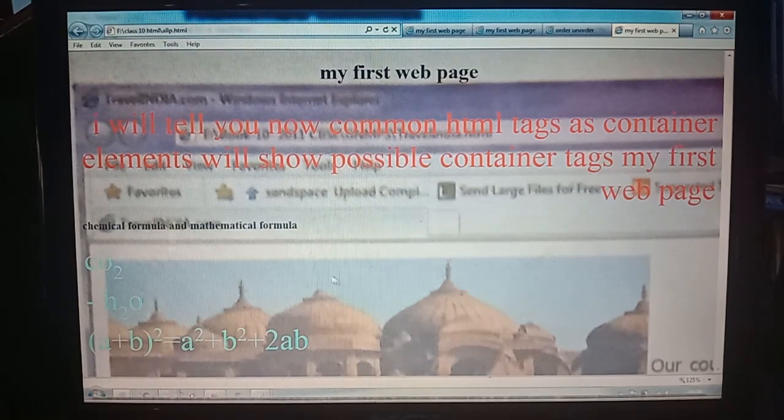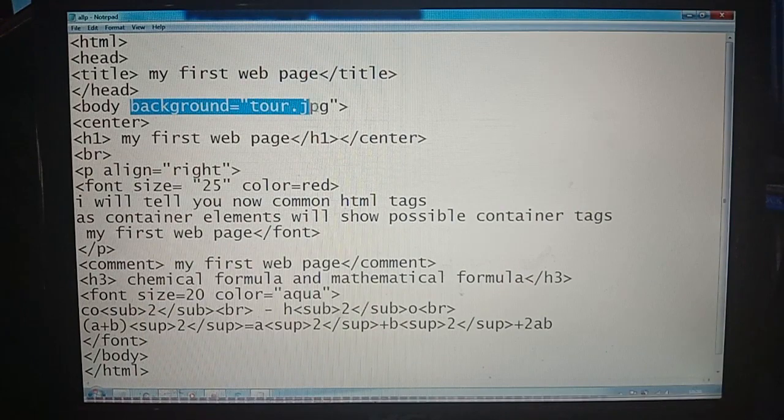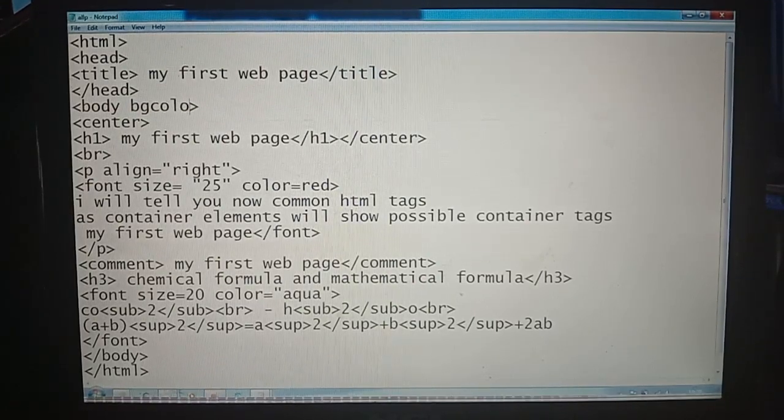In place of this background, I'll give you a blank background. In place of this blank, I want to use a little change of color. The default background color is white. I will change it here: in place of background, I will write bgcolor. Okay, bgcolor, and don't get confused about the spelling of color, British or American. This is also the correct spelling.